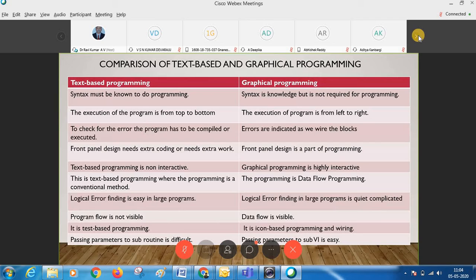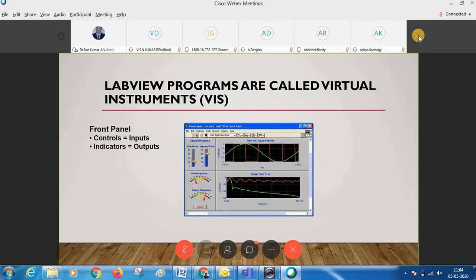So now we come to the programming level. Once we open the VI, the virtual instrument, we have the front panel. In the front panel, all the inputs we call controls and all the outputs we call indicators.